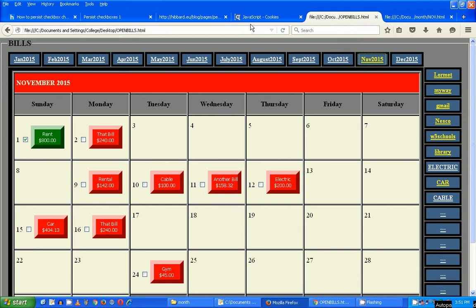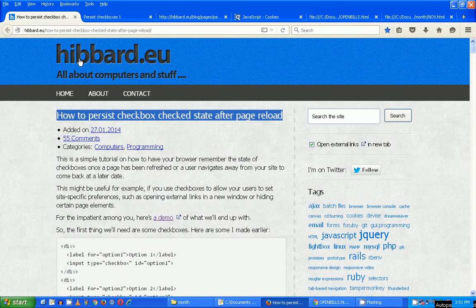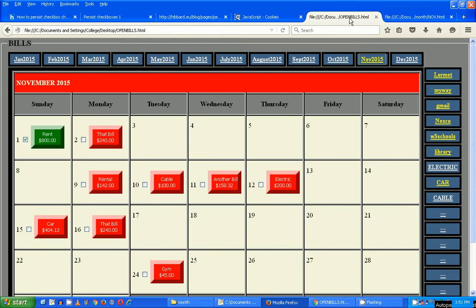So after I test this person's persistent checkbox state code, as long as it works, then I'll go over all the way to make this and this. I already basically did how to make this because when I did the tribute to Robin Williams, all of these things right here were links that took me to different YouTube videos of Robin Williams, and it would open up in the center here. I'm taking basically that template and using it for something totally different. This is more of a calendar for my bills. Okay, so